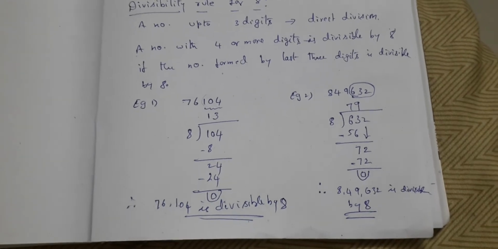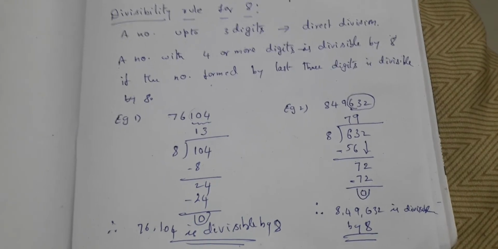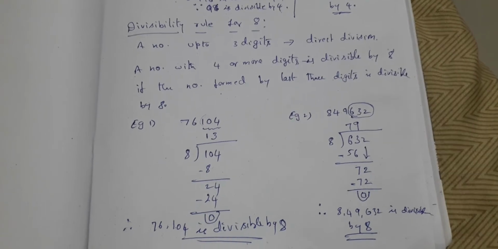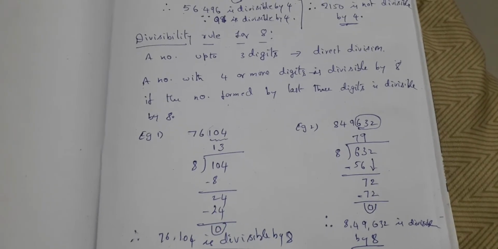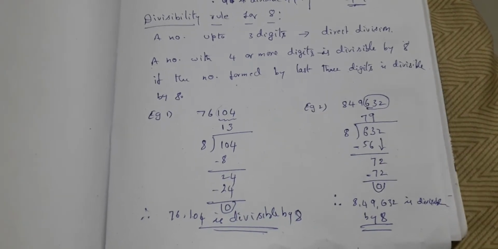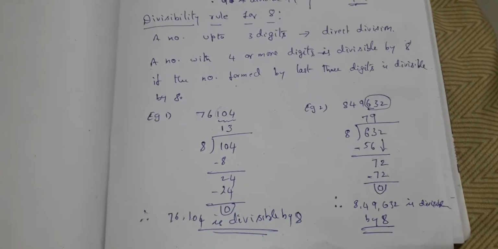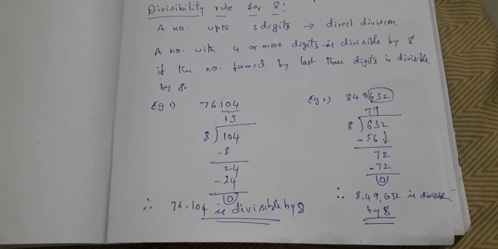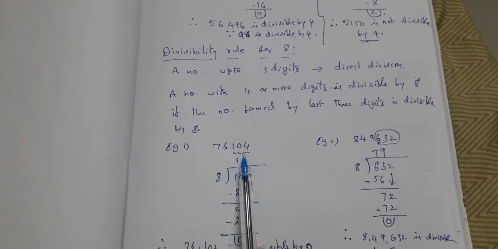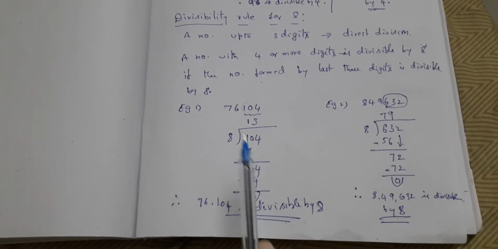How are we checking? What is the divisibility rule for 8? See, up to 3 digits there is no rule. So 1 digit number, 2 digit number, 3 digit number, you have to check only by direct division. More than 3 digits if you have in a number, then automatically you have to use the divisibility rule. What is the divisibility rule? Whatever may be the biggest number, you have to verify with the last 3 digits. If last 3 digits are divisible by 8, obviously 8 can divide the complete number, leaving a